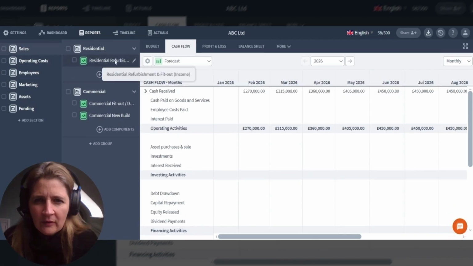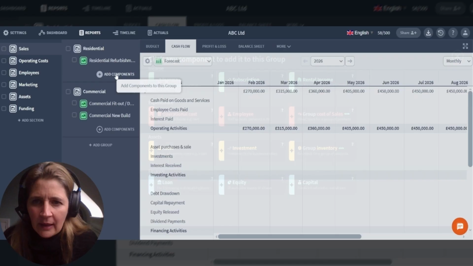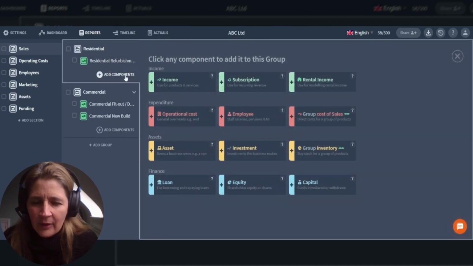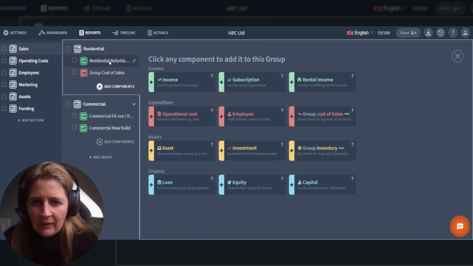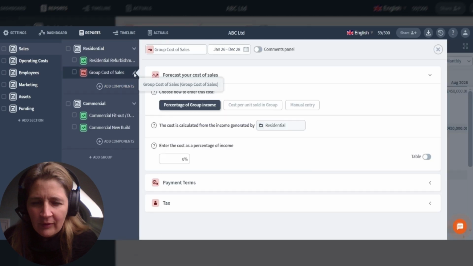Okay, so we're now going to start looking at adding the costs associated with these revenue streams. So the direct costs, cost of sales. So click on add components, and then we want to look at the expenditure line here, and we want to click on the cost of sales there. So this is associated with the residential refurbishment. So if we click on there,